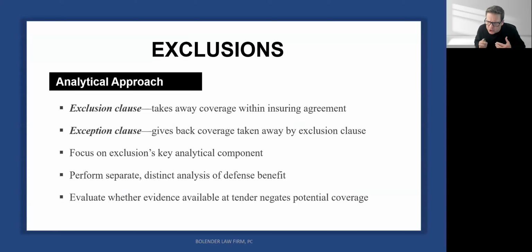Okay, so when an insurance company receives a claim, it's going to open up a claims file, assign a claim number, and assign an adjuster. And one of that adjuster's first steps is going to be to perform a coverage review. So the adjuster will first determine if the party who has tendered the claim qualifies as an insured. And if so, do the claims fall within the insurance agreement, at least potentially? If the answer is yes and yes, the adjuster is then going to turn to exclusions.